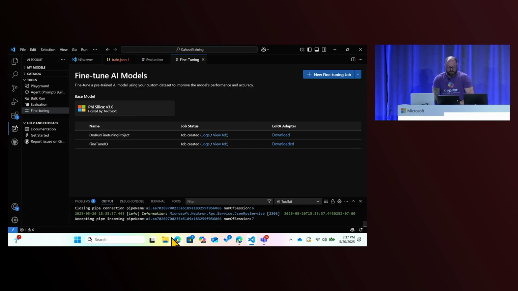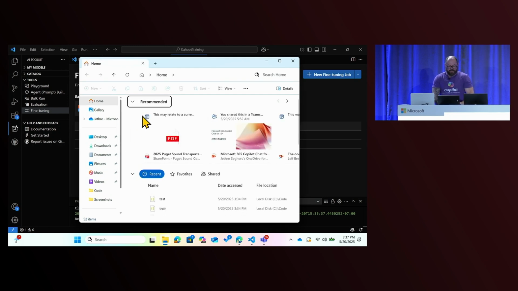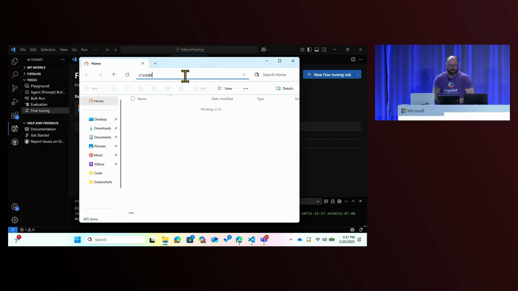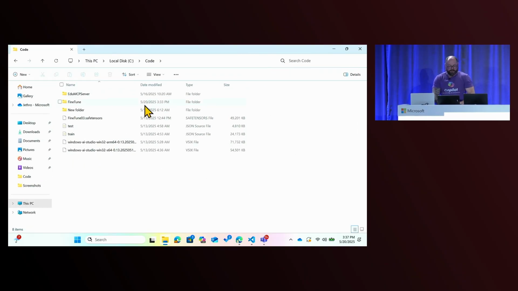Now, how does that look? Well, you're going to see it's not a super huge file. That's another cool thing, especially since we're running everything on our device. This is the safetensors file, and this is the LoRA adapter. It only is about a 50 megabyte file.